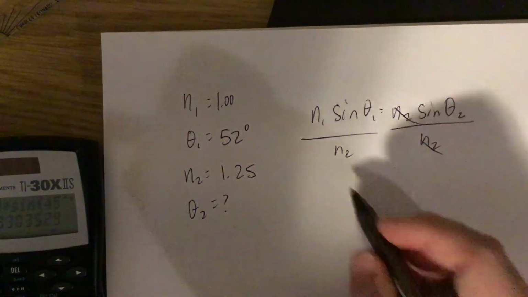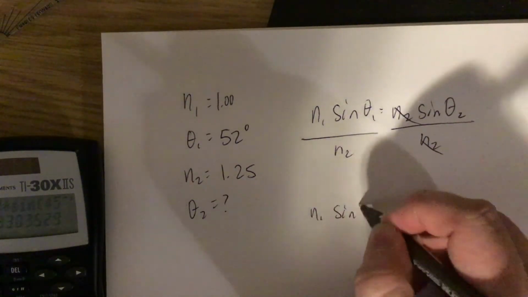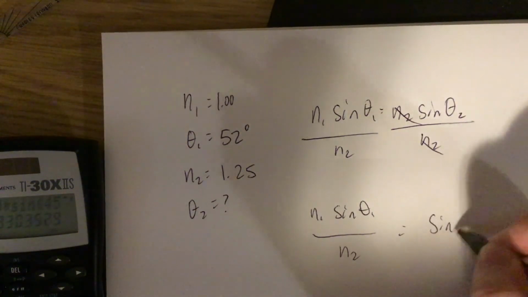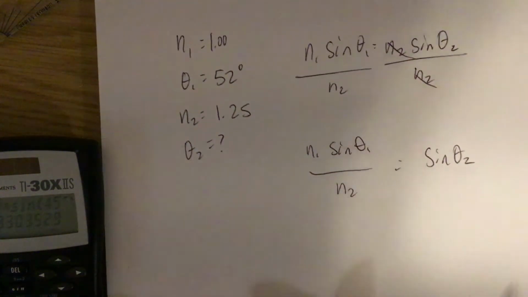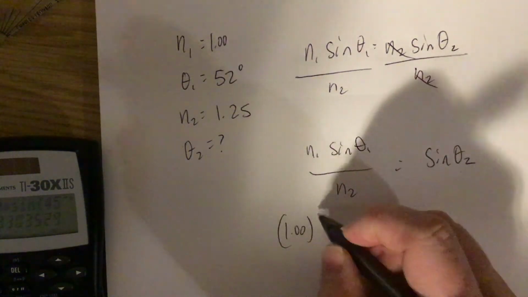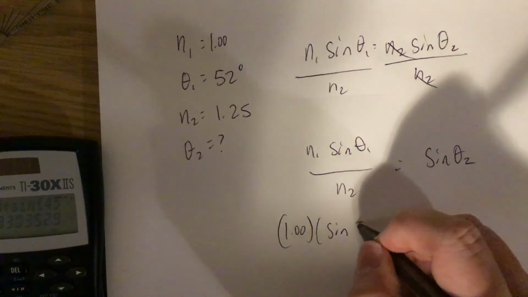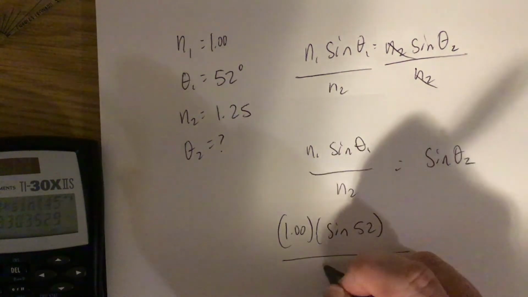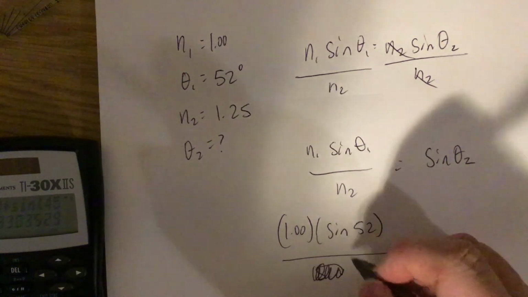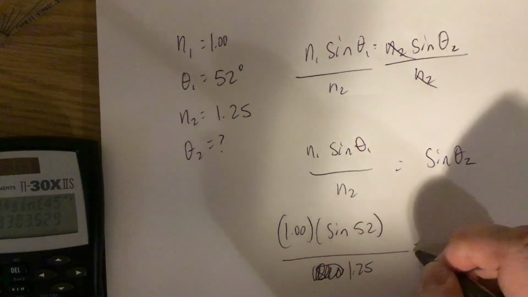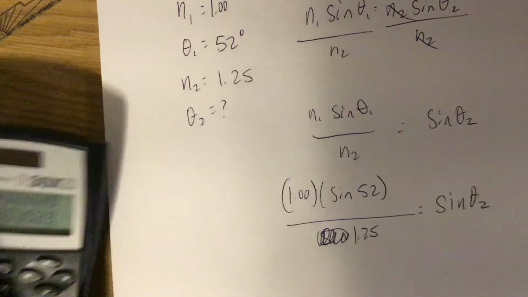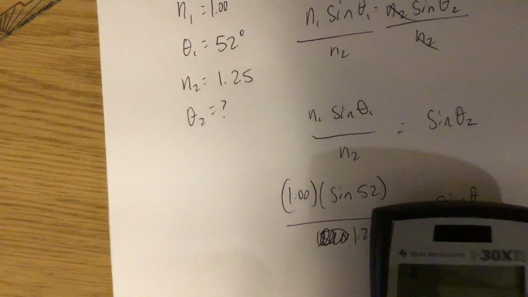And when we do that, we get n1 sine theta 1 divided by n2 equals sine theta 2. From there, we can put our numbers in there. We would have 1.00 times the sine of 52, divided by 1.25, and that would still be sine theta 2. So to put those calculations in, you would say